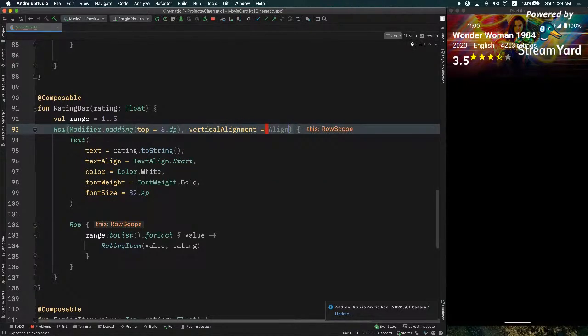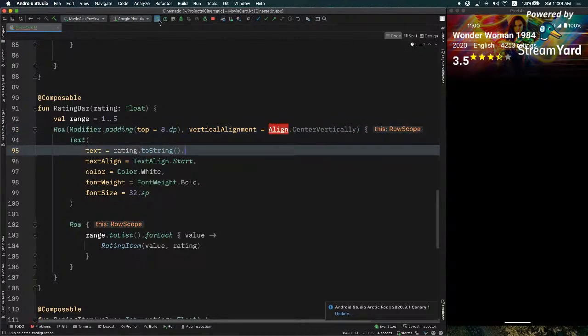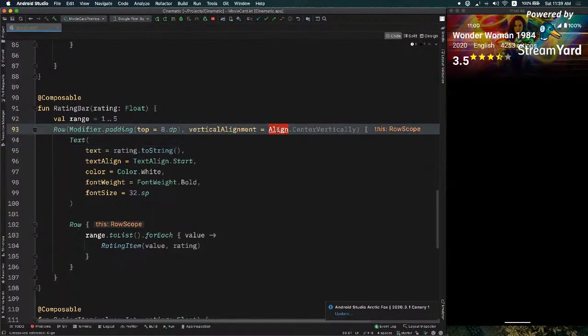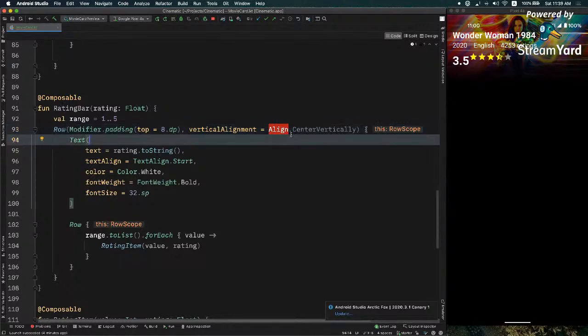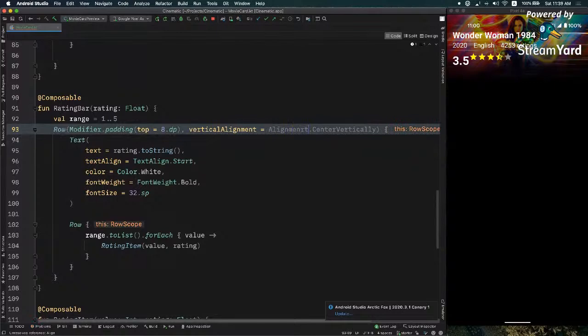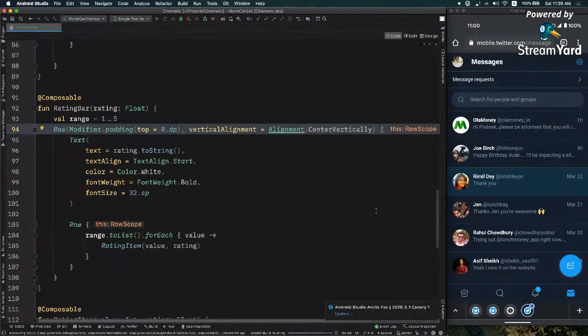So this will take an Alignment.CenterVertically, and we'll just simply deploy this and test it, because autocomplete is now not working. No, not this one. Okay, it's an alignment. Cool. So if we try building and running this,